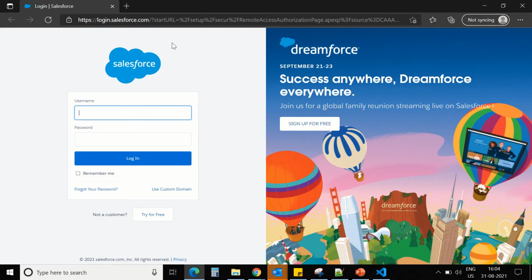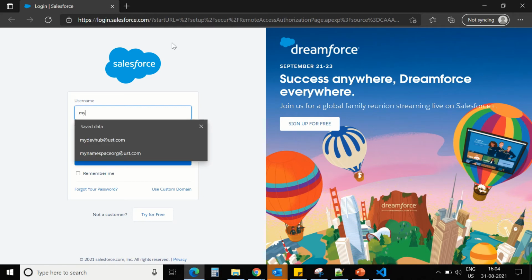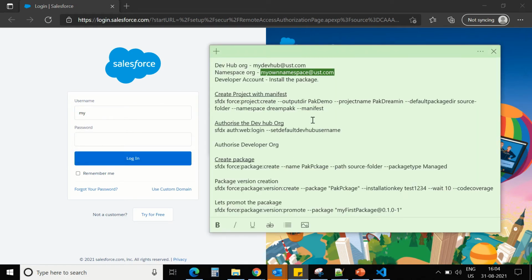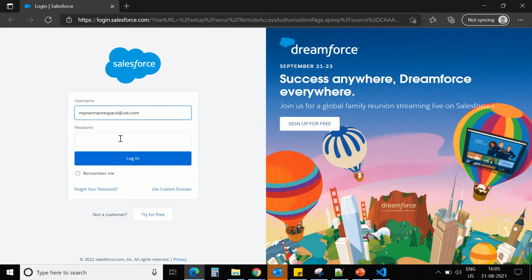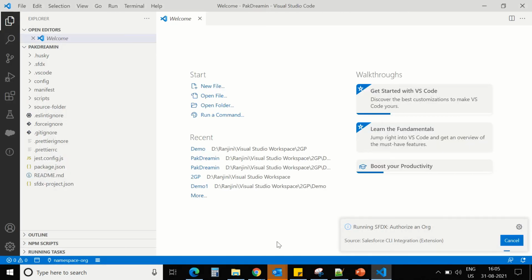Please use scratch orgs for the actual development. Okay, our developer org also got successfully authorized.